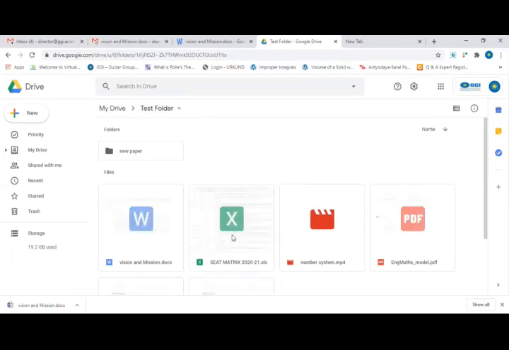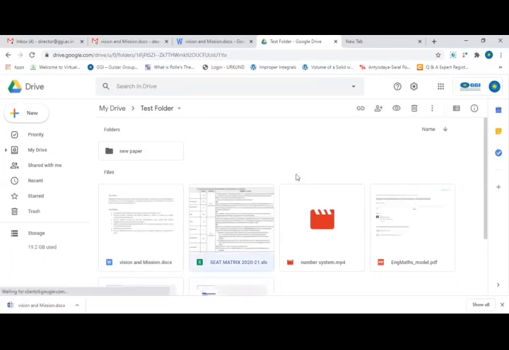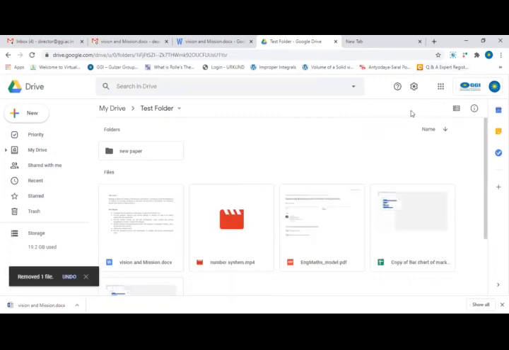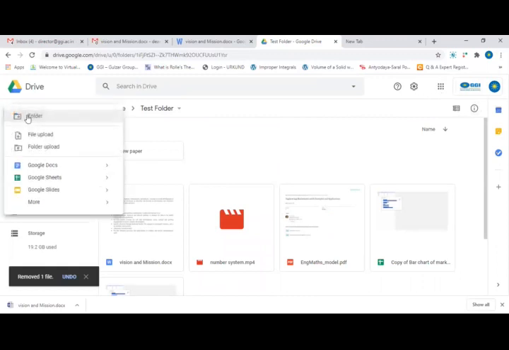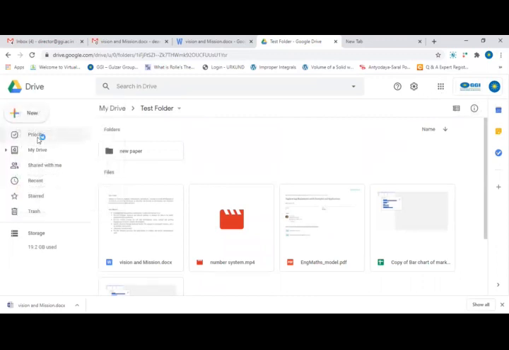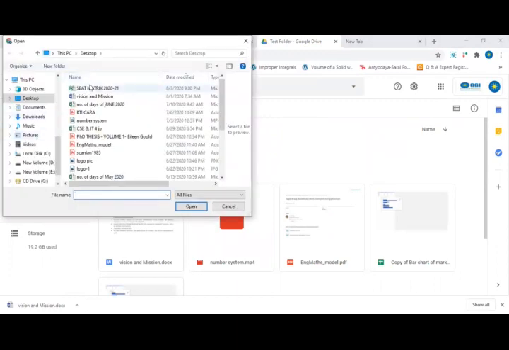I am just removing this file from here; to remove, we can just click on it and use this delete button. So let's try to upload this file again. File upload. The same file, open.